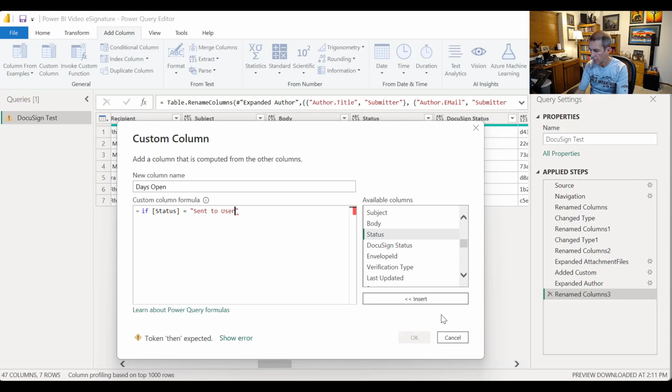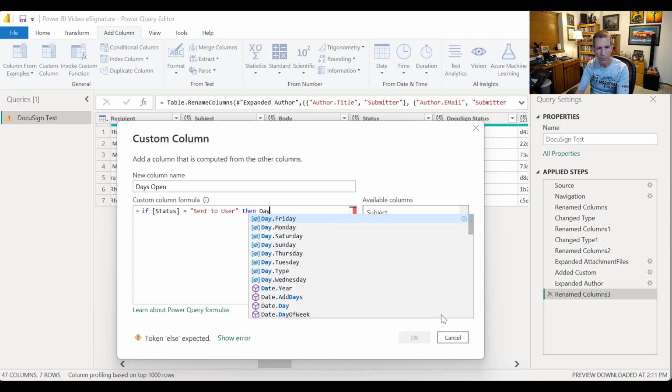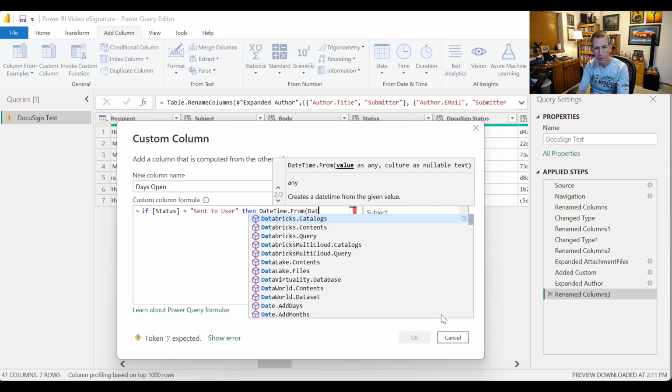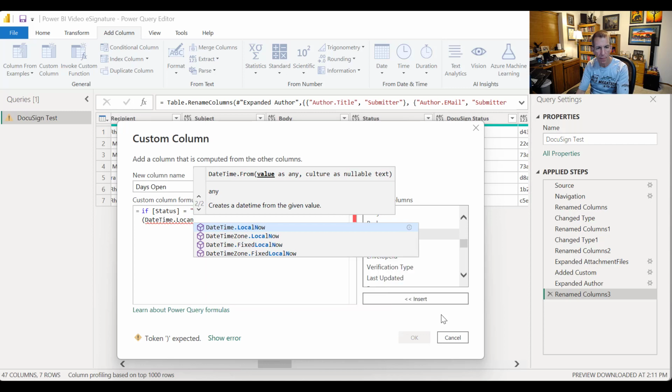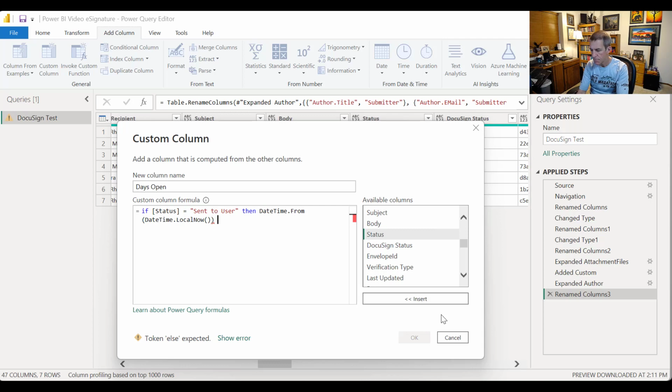Then take days from, or date time from, date time dot local now minus created,